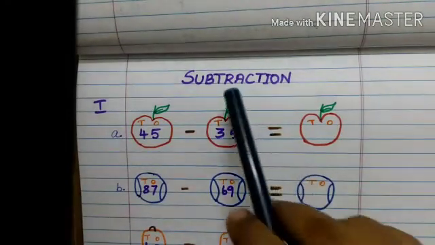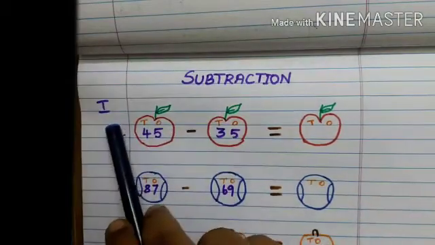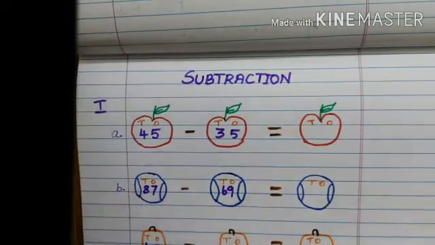In your book exercise, subtraction. First, recall this. Already you studied in second standard two-digit numbers. You learned the tables for subtraction. The subtraction symbol is minus. You take any two numbers and do the sum. Take it from the first number, the bigger number, the second number is the smaller number. That is the concept of subtraction.